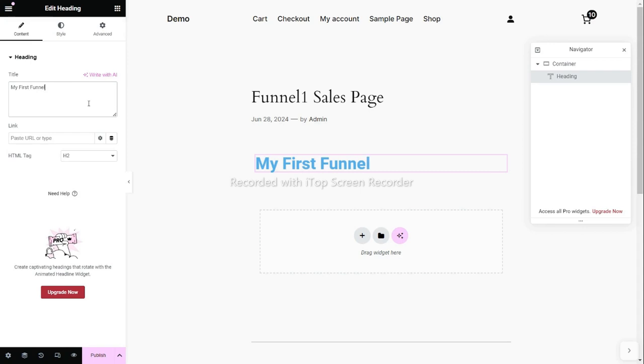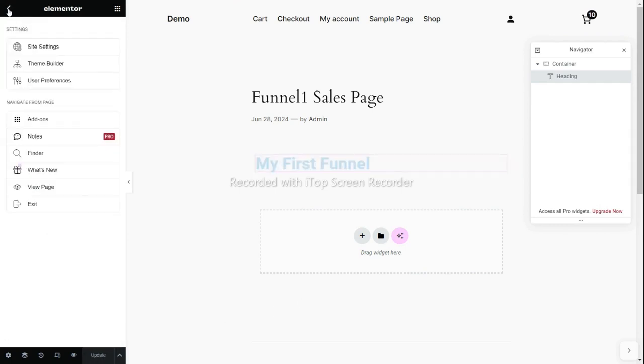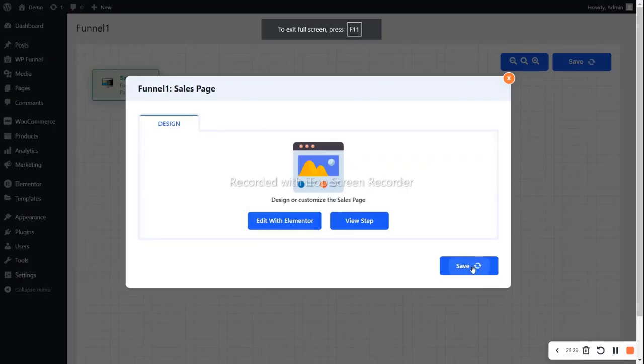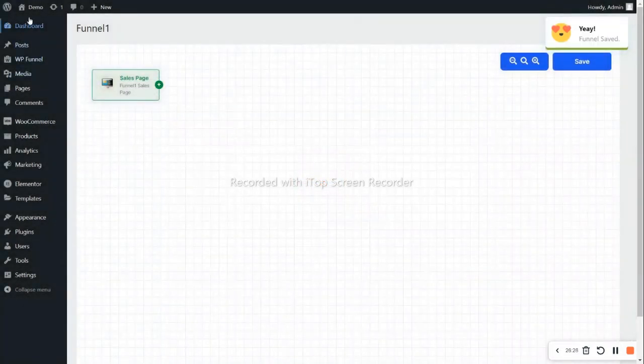Any heading you can give, means basically you can design your sales page from here using the Elementor page builder. So once you are done with this, you can save it and you can also save the funnel from here.